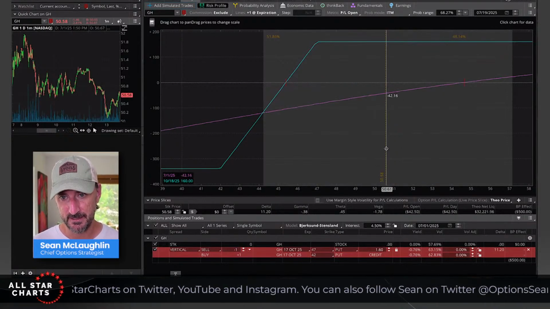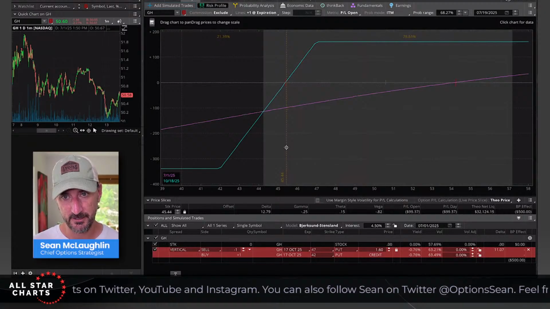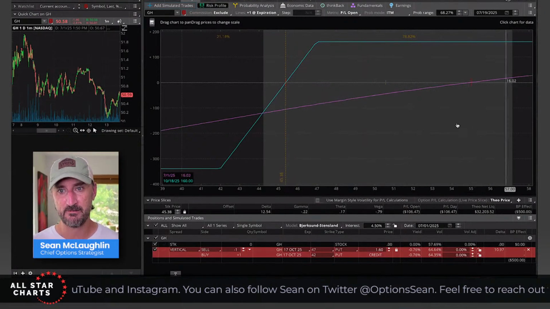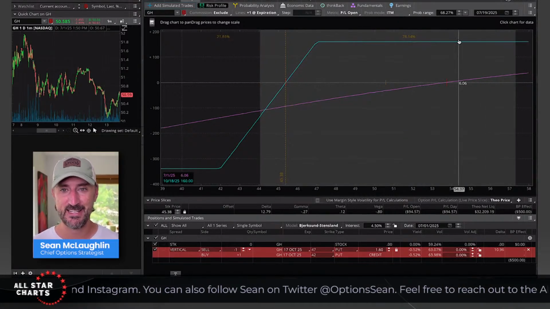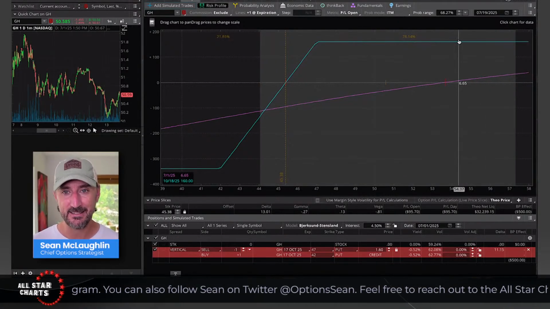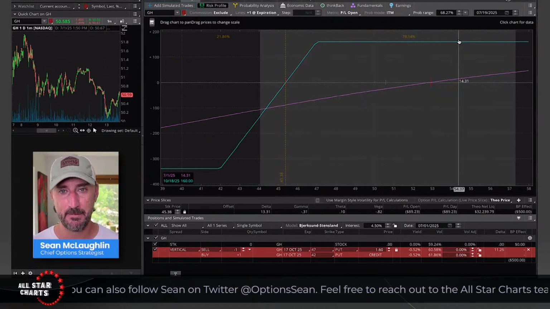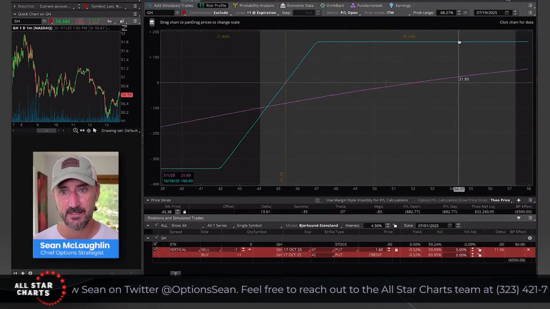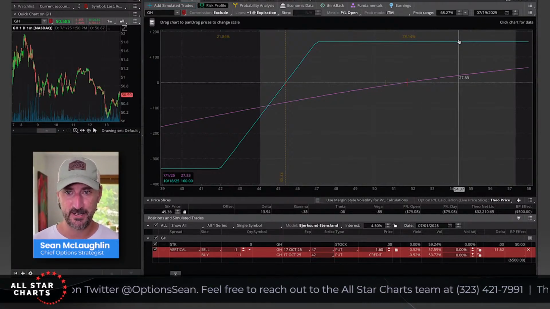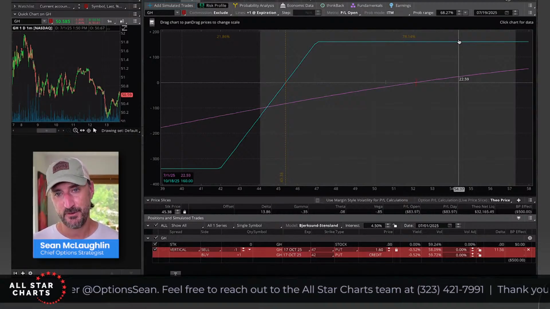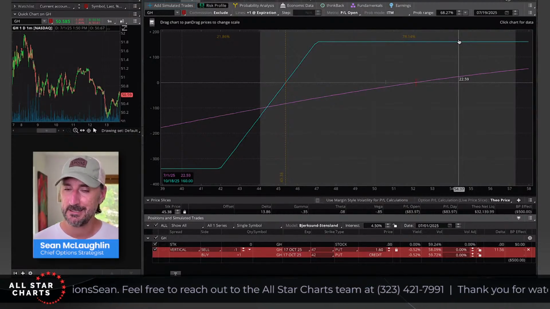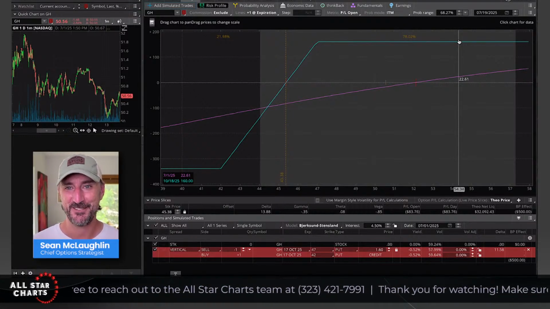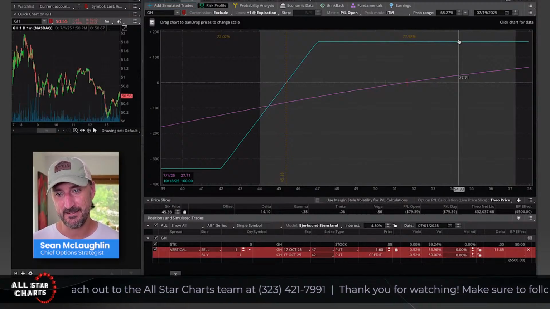So, we talked about the percentage chance of gain here earlier. Right now, if I were to put this trade on, I've got a 78% chance of winning. That's pretty high, right? Who would not want a 78% win rate? Now, of course, that comes with the fact that you won't make a whole lot of money. These are not home run trades, like I said. If you have a high probability of winning, you're not going to get paid a whole lot, because everybody wants those trades, right? There's competition for those trades, so they're not going to pay a whole lot.